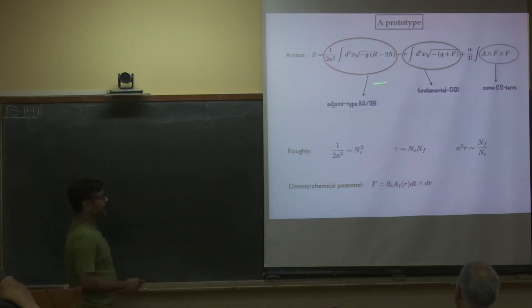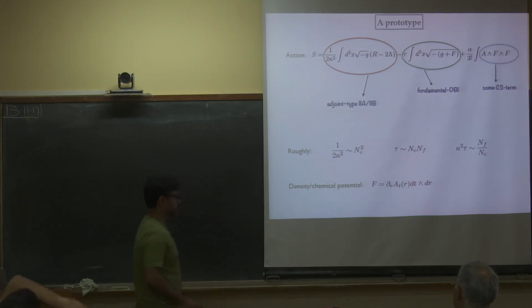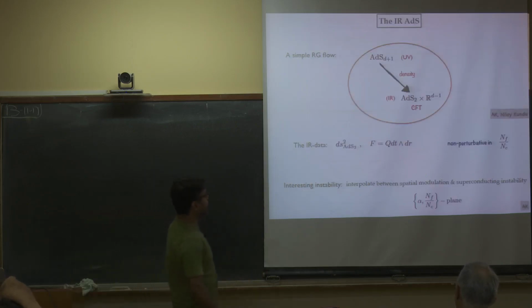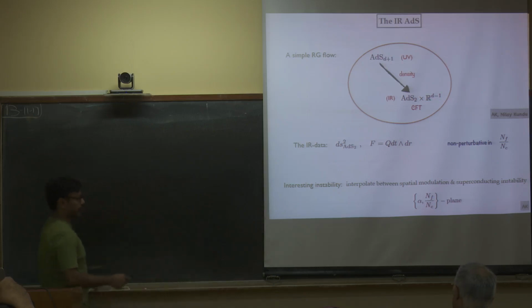And of course, within this action, there's a very standard way to generate or to excite density or chemical potential. That's by exciting a particular component of the gauge field that's living on the brane, on the supposed brane. If you do that, then there's a very simple RG flow. So this is essentially the picture that I was trying to have in terms of a cartoon before. I have a UV, which is some d+1 dimensional theory, and if I perturb it by density, in the IR I get an emergent CFT of 1 dimension, where certain directions have completely decoupled from my dynamics, and I don't really need to care about those.